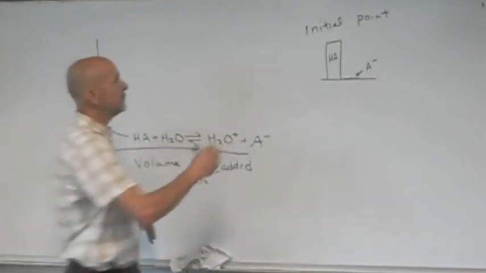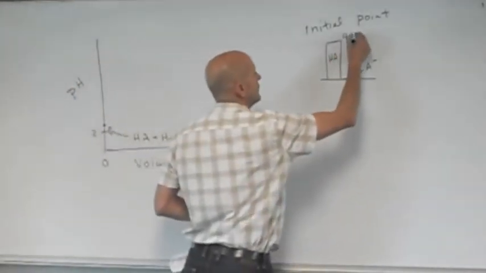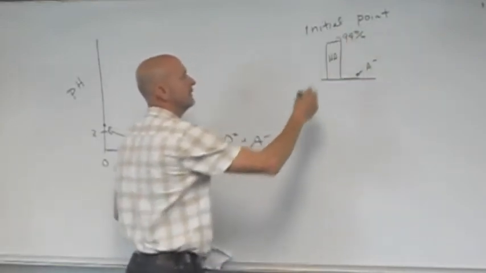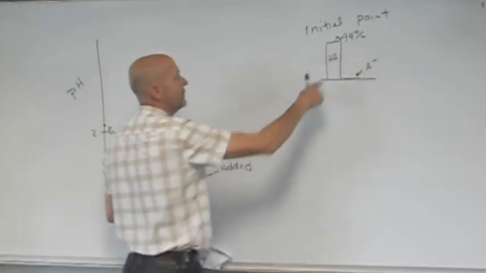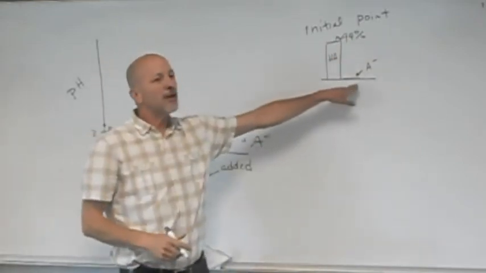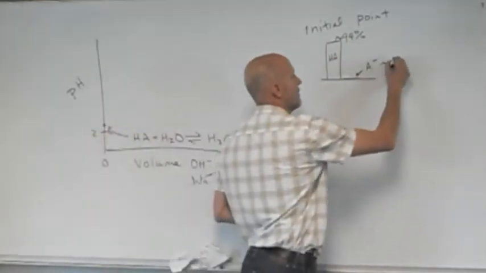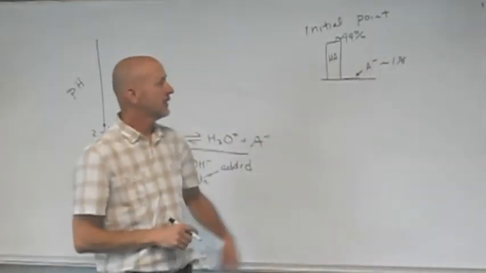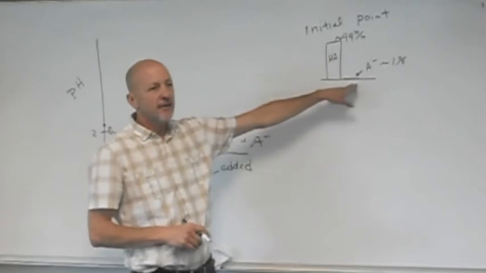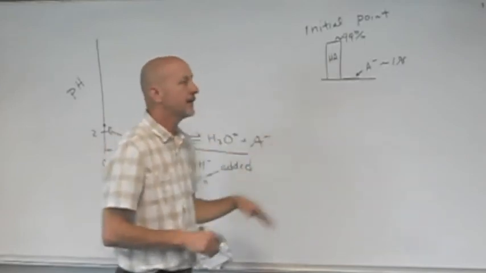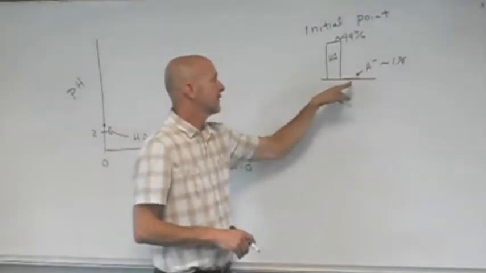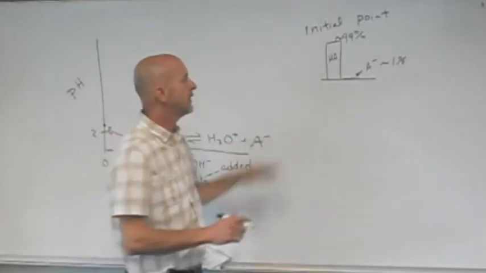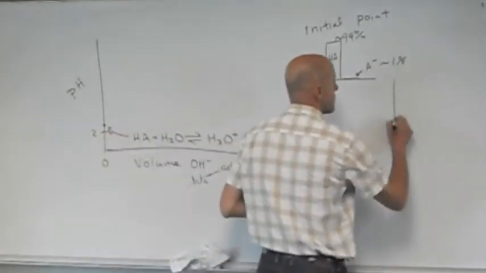So approximately 99% will be the weak acid, and around 1% will be the conjugate base. So it's almost all weak acid. Yes, a little bit has ionized to form the conjugate base, but I've got a solution of the weak acid in water. If I look at the particle diagram,